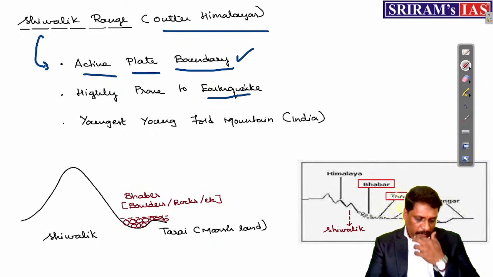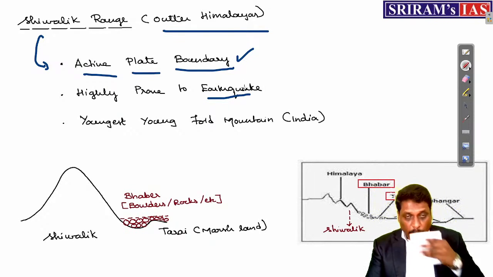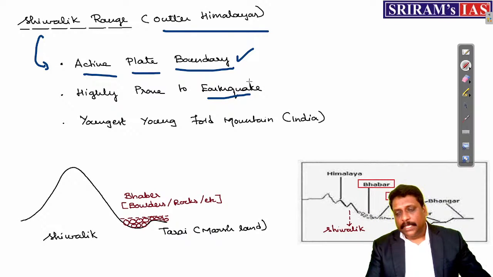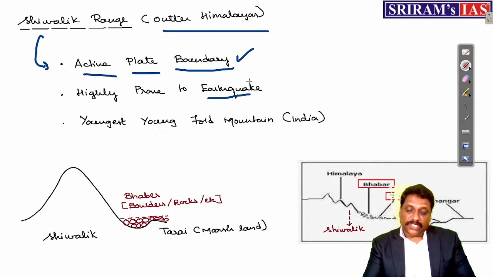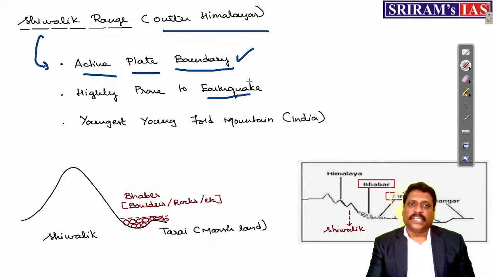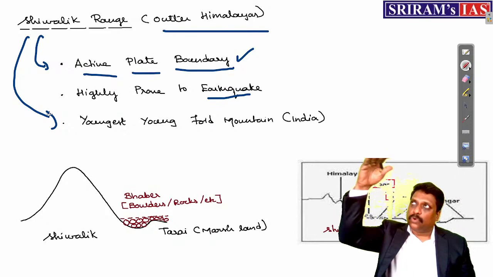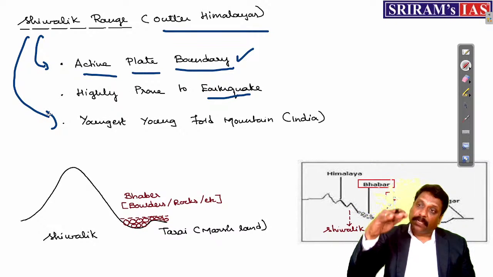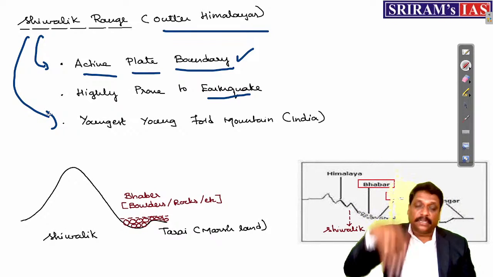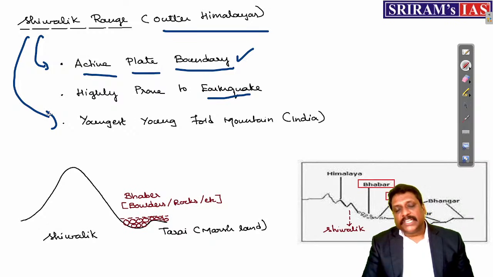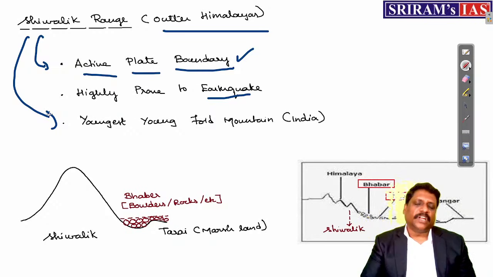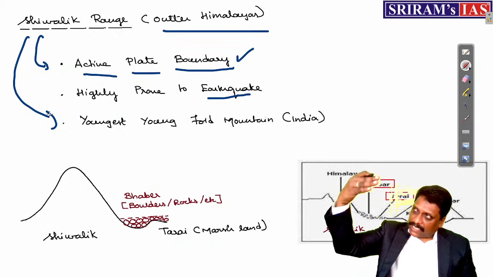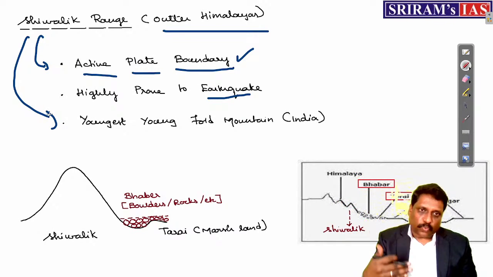And see, the entire Himalayas is a young-fold mountain. Nobody is denying the fact. But among them, if you ask me which is the youngest young-fold mountain, the youngest young-fold mountain is Shivalik. Because all these mountains, for example, I have parallel ranges: Karakoram, Ladakh, Zaskar, the Great Himalayas, Himachal and Shivalik. Six parallel ranges. All six parallel ranges did not have their development at the same time, but one after another. So somewhere this tectonic plate boundary is shifting towards the south.